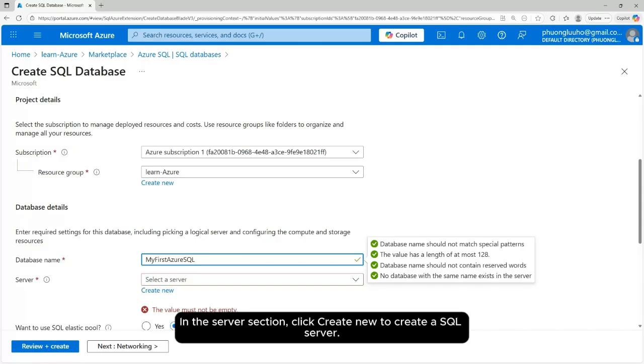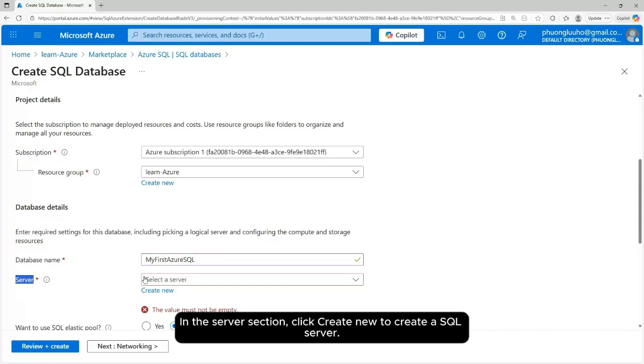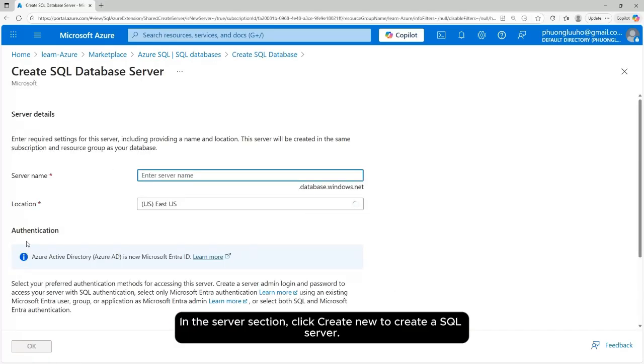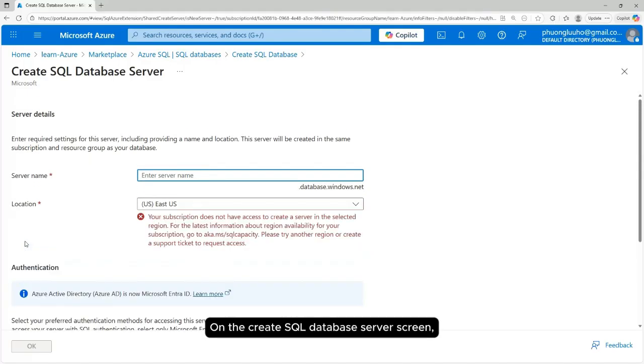In the server section, click create new to create a SQL server. On the create SQL database server screen, perform the following steps to create the SQL DB server. Server name, set a unique name for the DB server.